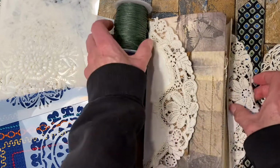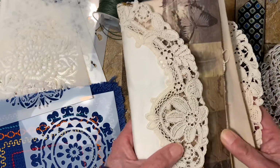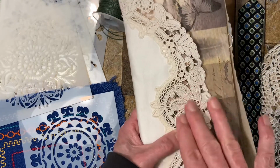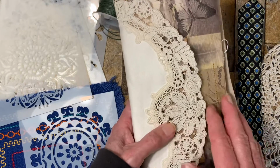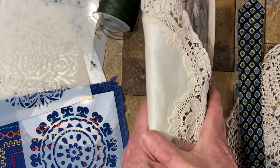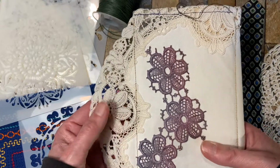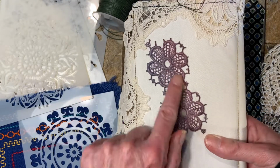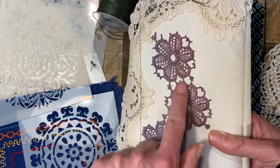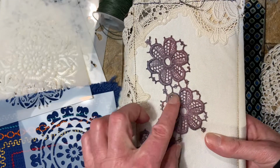On the cover I used this piece of antique linen I have in my stash. I thought I must use good pieces too, otherwise why do I have them? And then here is a piece of my hand-dyed other tablecloth,